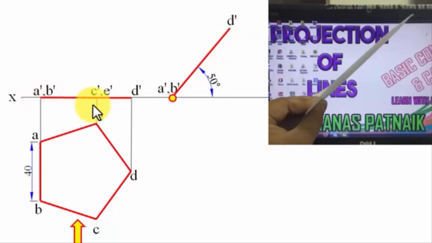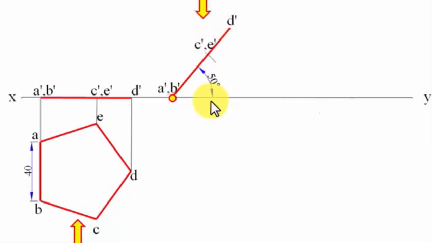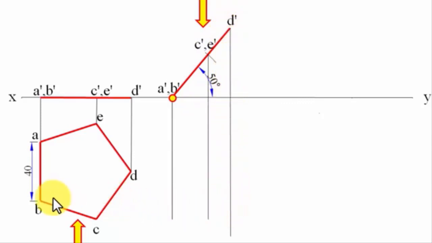Similarly, keep one leg over here, other leg over here. Then with this as center, you need to put an arc over here, and this is going to be point C dash comma E dash. Now let's have a look at this condition from the top. Okay, so we'll have the projector lines down below, and we'll have the projector lines from the left hand side. All right, something like this.